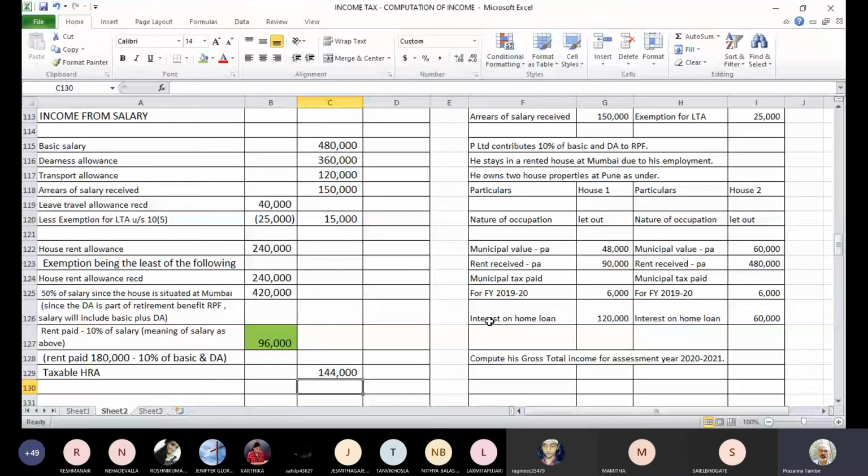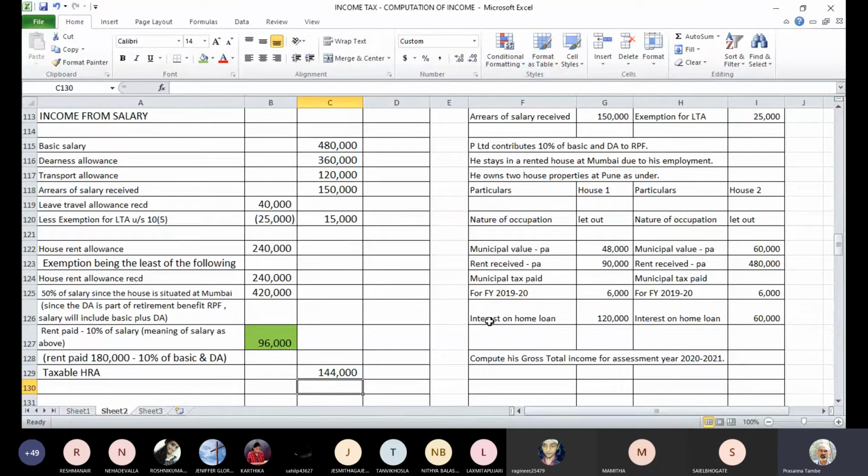Did you follow the exemption for house rent allowance, or you want me to explain it again? Explain again, sir. Okay, okay. All of you have written down. Once you are free after writing down the details, then I'll explain it again. सब लोग ने लिख लिया details?